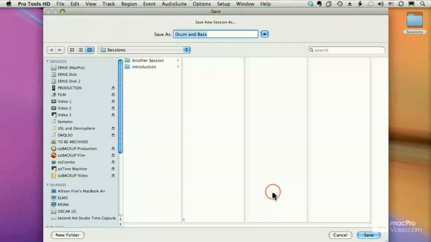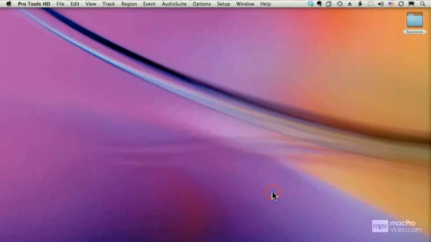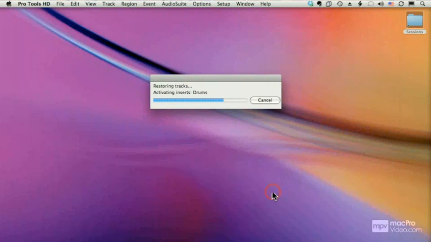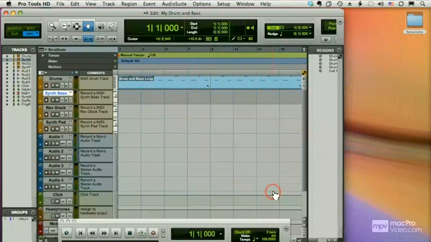Now I'm copying a template, so Pro Tools wants to know what is the name of my new file. I'm going to call it My Drum and Bass, and we'll save it onto our disk. And of course you can use the save dialog to save the session anywhere you want. Now here is the Edit window in Pro Tools, and we'll talk about this in a moment, but first,